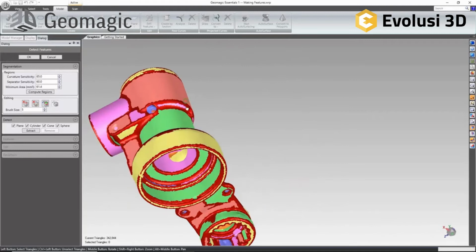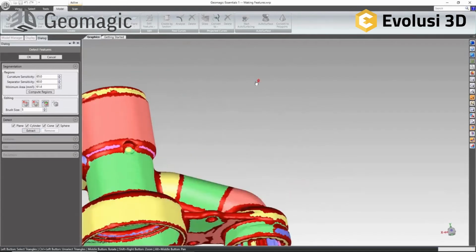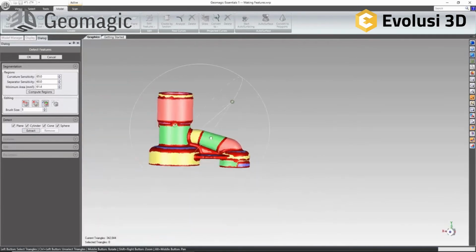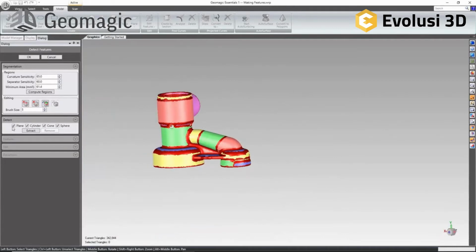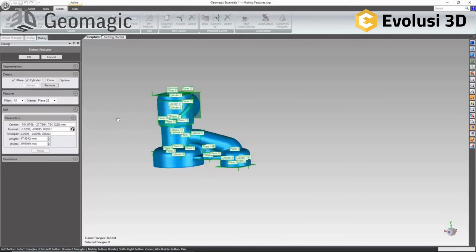Once I've made all the edits I think I want, I'll go ahead and come back over to my Detect Features. Here I can choose to make a plane, cylinder, cone, and sphere feature. Just for this example, we will make planes and cylinders to show these shapes. Once I click the Extract button, only on the regions that are reading as a cylindrical or planar shape,